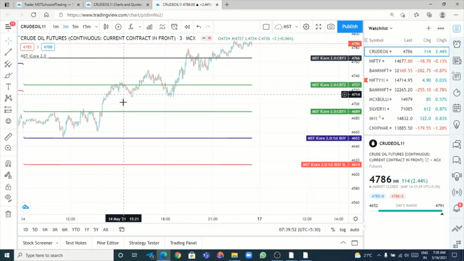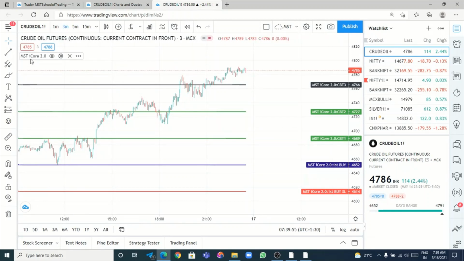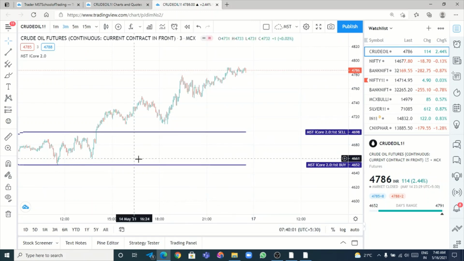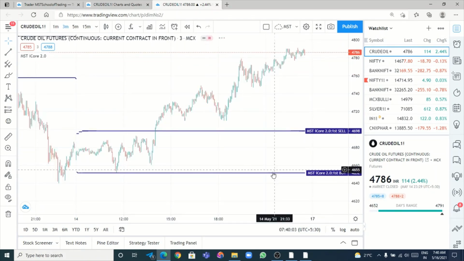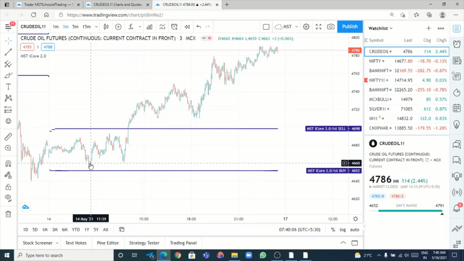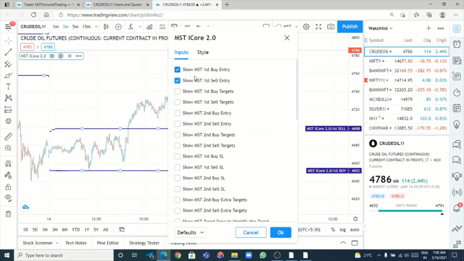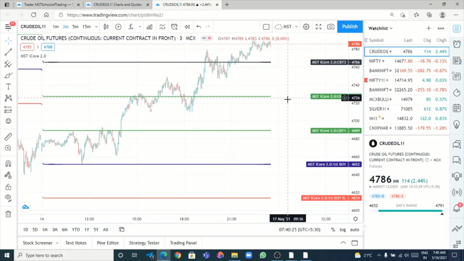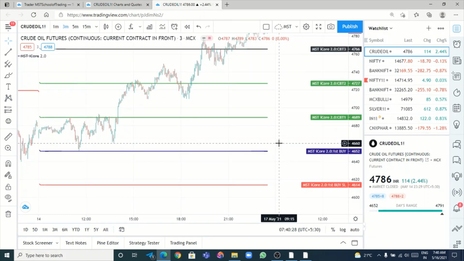Nothing is complex. Once again I repeat, in the morning at 9:35 you have to enable first buy and first sell. By default there will be a first sell and first buy. Now whichever side the market comes first, on that side you have to take the entry. Yesterday we got the entry at 4652, that is a buy entry exactly. Now we have to remove the first sell. Then enable the first buy targets. Also enable first buy SL. Over. Since all the targets were achieved, that day's trade was excellent. It was a very perfect trade.